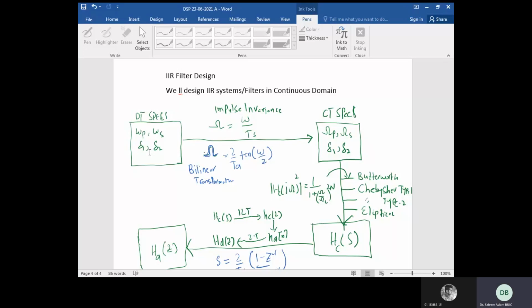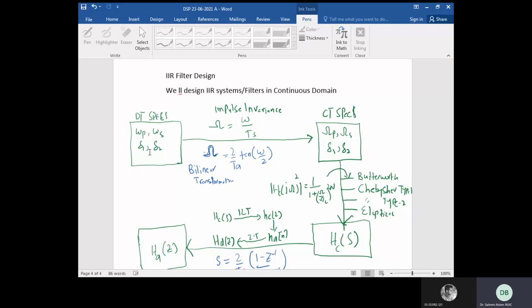You have to understand this, and I will definitely try to clarify this concept. First thing, you are not going to design an IIR filter directly in the discrete domain. So note it down. You are not going to design an IIR filter in the discrete domain. Rather, you design an IIR filter in the analog domain. This is a very strange phenomenon. I am repeating it, strange phenomenon. You have to understand it and find the logic behind it. Why is it so? Why do we need to go to the analog domain, open it up, design it in the continuous domain and then come back to the discrete domain?